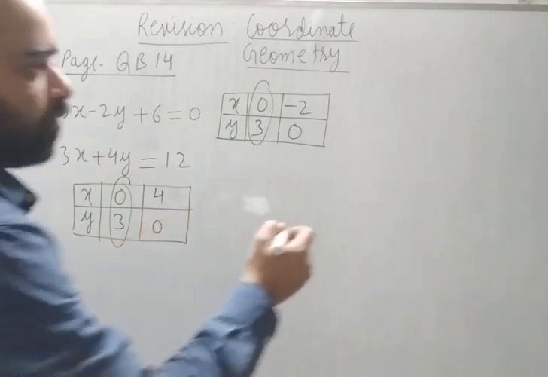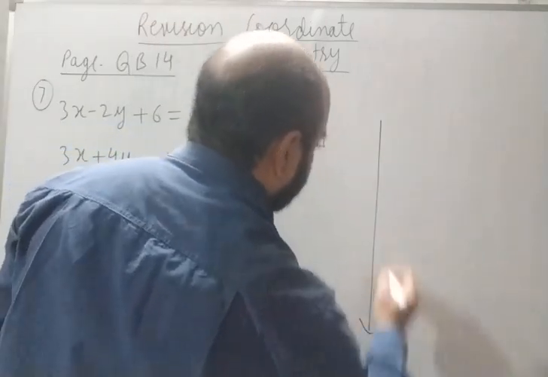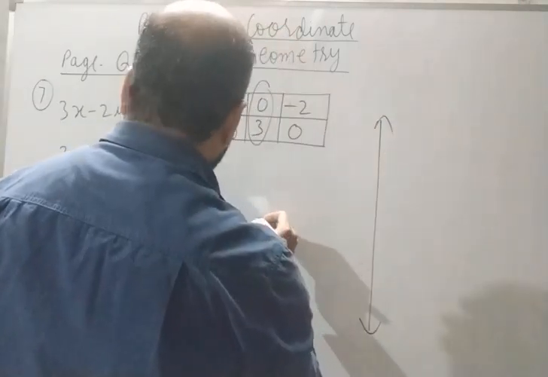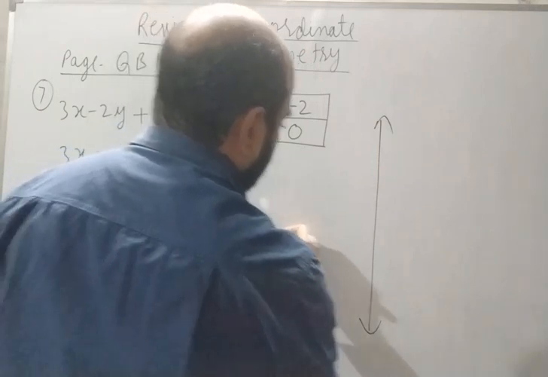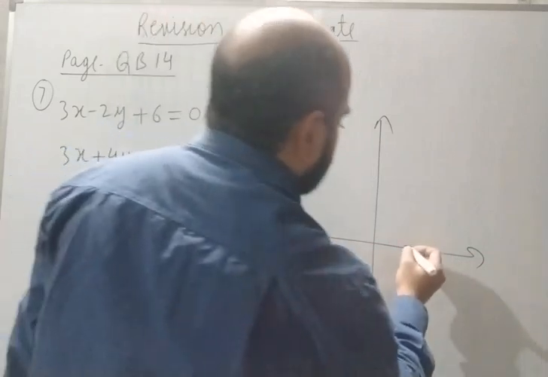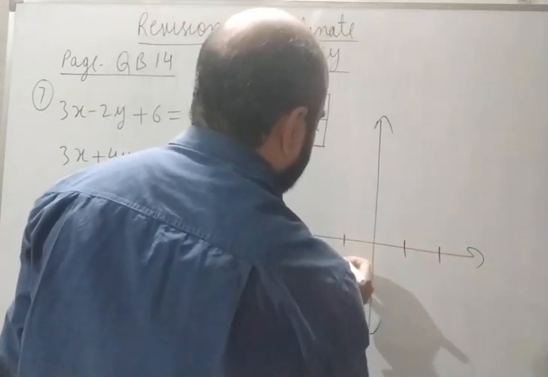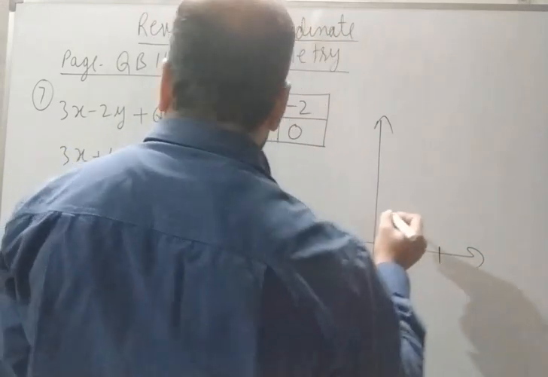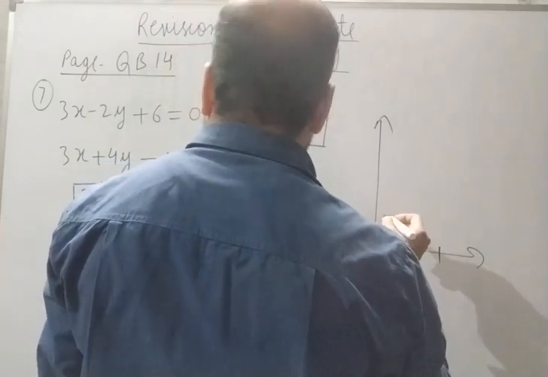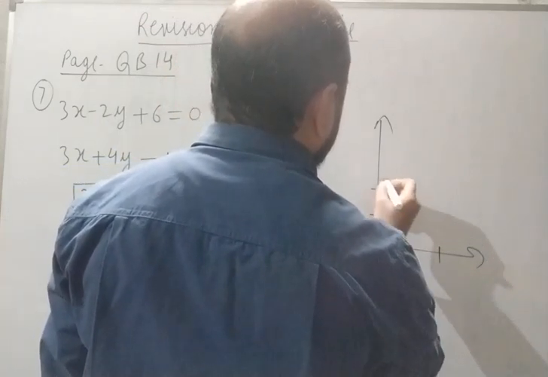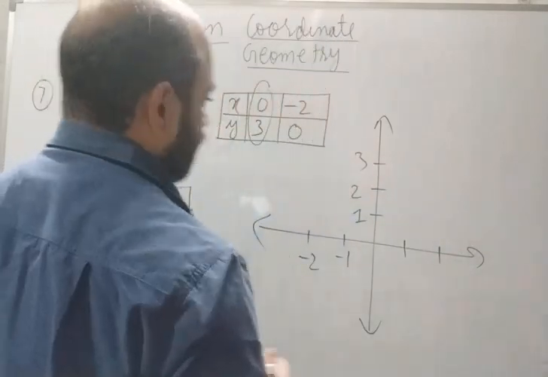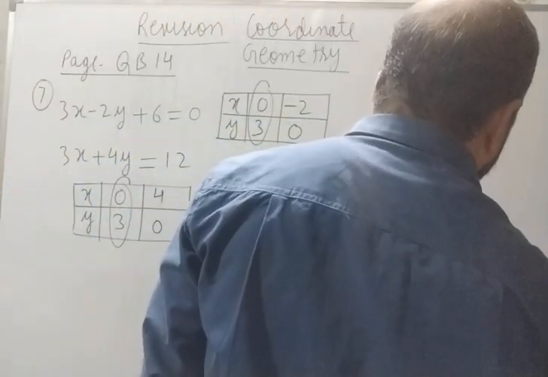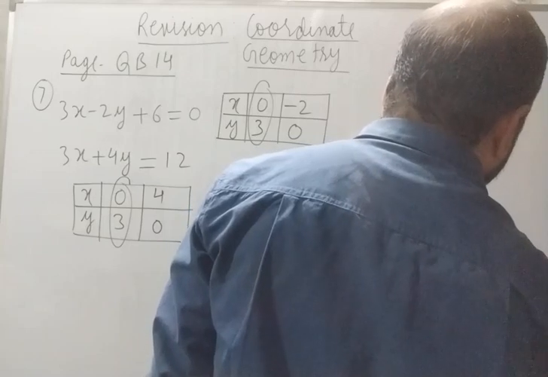Okay, now we have to plot only. So we will take the values both positive and negative. Okay. So x is 1, y is 2, x is minus 1, y is minus 2. Then 1, 2, 3. Correct? For x we require 4 also. So we will take the values up to 3, 4.